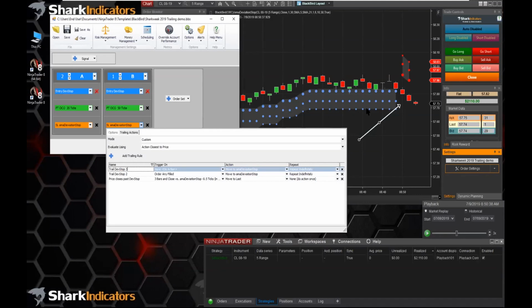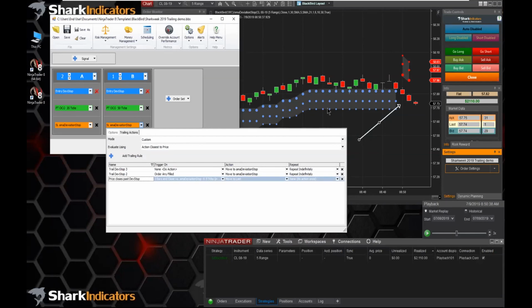So this outer line is line number 3 here. That's what this first trailing rule is doing. It's just having our stop loss follow that one. And then this second trailing rule is the one that says, okay, when our first profit target gets filled, then move the stop loss to the middle line. And this last trailing rule says, all right, if the bar closes inside our indicator, then move the stop loss into the market and just close out that trade. All right, so 3 simple trailing rules there,